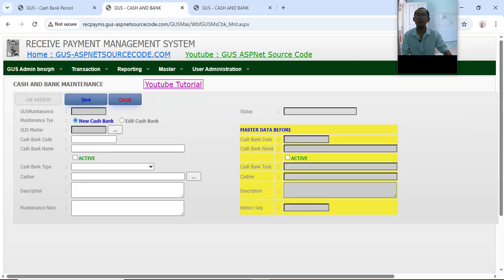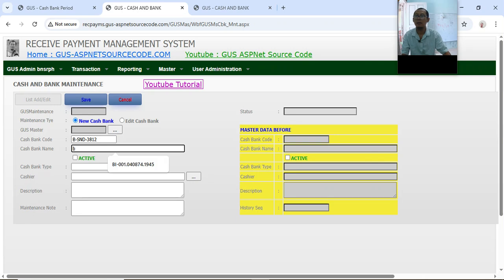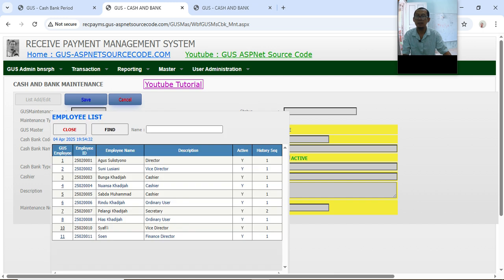For example, I will create this cashback code, and the cashback name, I give it the name of Bank Sun. The cashback type is bank, and the cashier is Sun, for example.